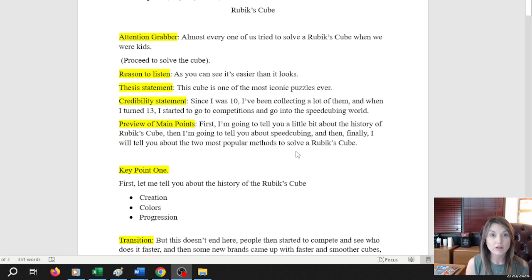So here's how the process works. You're going to submit it. If you do not get full credit, I'm going to note why you didn't get full credit, and then you can go in and revise it for full credit. I'm going to grade these very quickly. So you need to make sure that you go in and look at feedback quickly, because in order to get a new grade for your outline, it has to be completed before you do your speech.